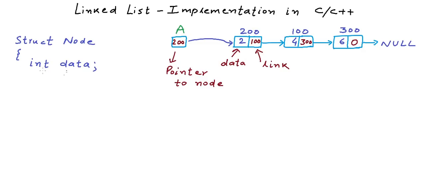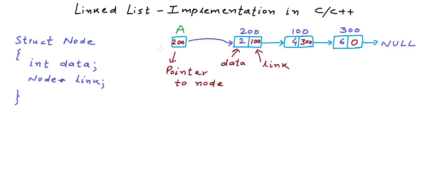If we wanted a linked list of say double, this data type would be double. The second field will be pointer to node, struct node star. We can name this link or we can name this next or whatever. This is C style of declaring node star or pointer to node. If this was C++, we could simply write node star. I would write it this way, the C++ way. It looks better to me.